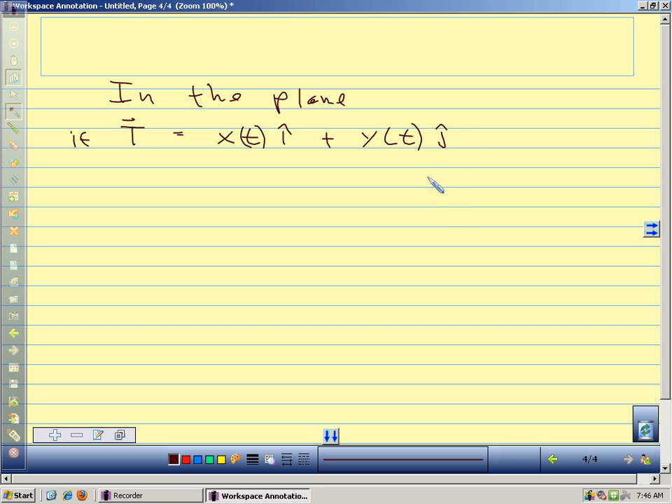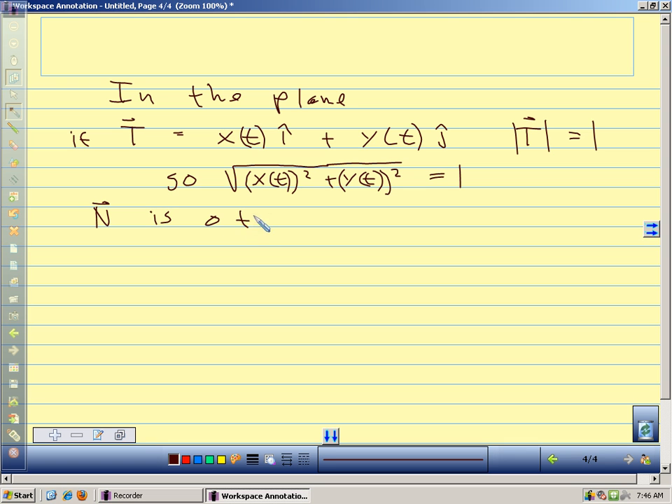so we have two components, and we know that the length of T equals 1 because it's a unit tangent vector. So the square root of x of t squared plus y of t squared has to equal 1. Our magnitude is 1. We defined our unit tangent vector as magnitude 1. And we know that N, our unit normal vector, is orthogonal